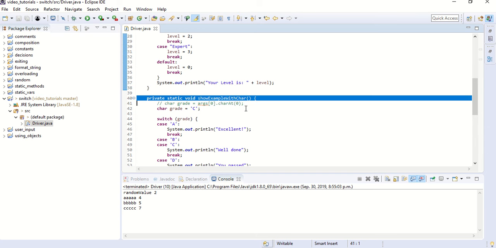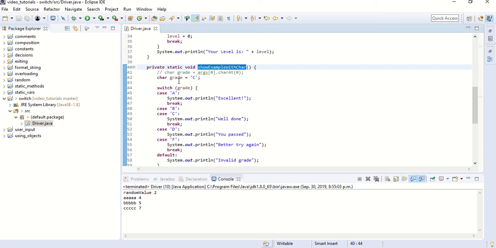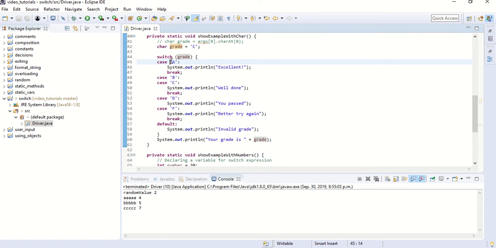Let's see the example with char. Similar idea, we have char grade. The variable grade we provide in round braces for the switch statement to know what it is checking. And then different cases. Case, char might be equal A, char might be equal B, char might be equal C, and so on. I took these examples from online,